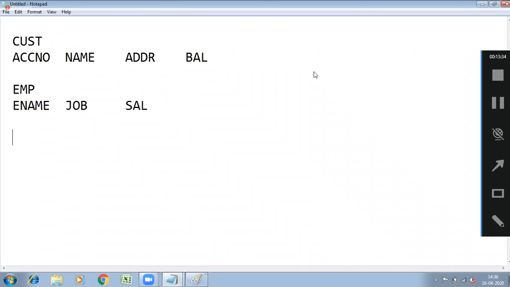what did the government introduce? Aadhaar number. What is Aadhaar number for? Aadhaar number is to uniquely identify the persons in India. If one Aadhaar number is given to one person, the same Aadhaar number is not given to another person. So using Aadhaar number, we can uniquely identify the person.